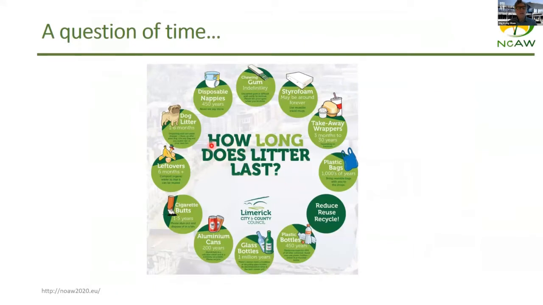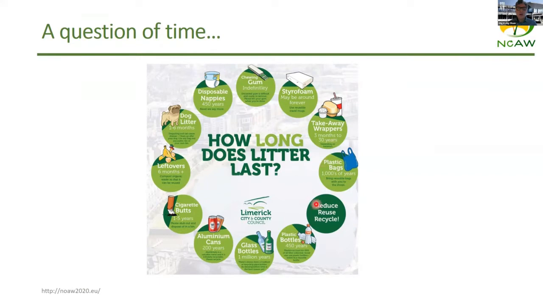And just for illustration, we have a lot of different types of litter. Now we talk about the waste generation. We have dog litter, 1 to 6 months, one of the very fast degrading things. Then we have a lot of things that last for a very, very long time, like disposable nappies, from the 50 years, plastic bottles, glass bottles, aluminum cans, that last for many, many years